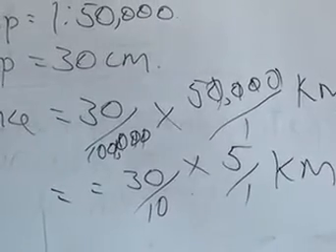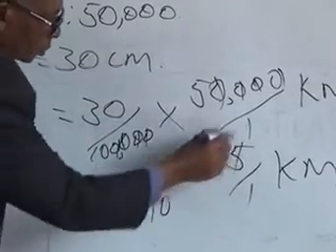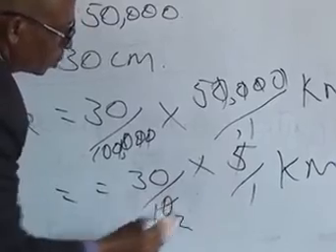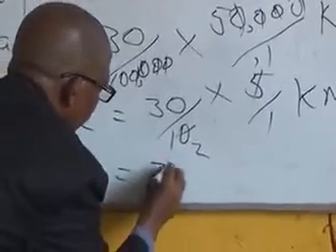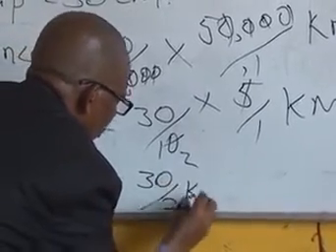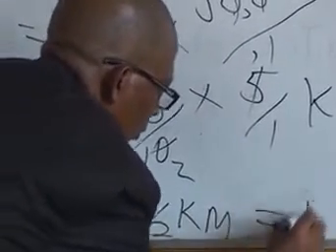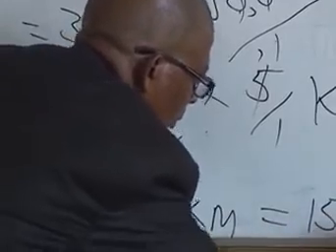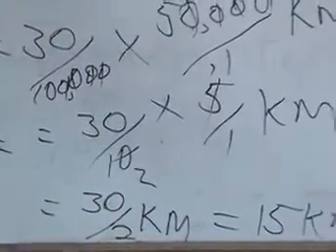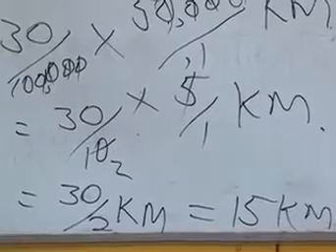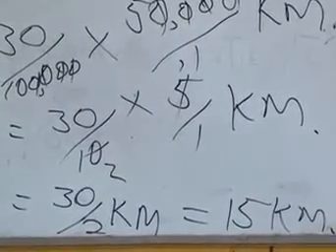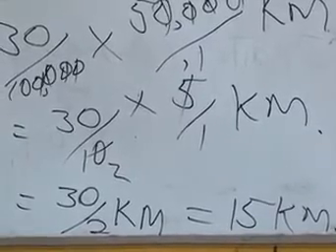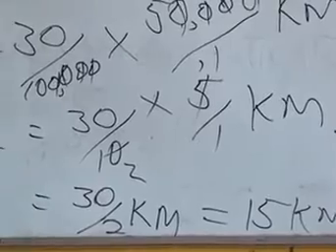We cancel out. Equals 30 over 2 kilometers. Equals 15 kilometers. That is the distance, another secondary road from